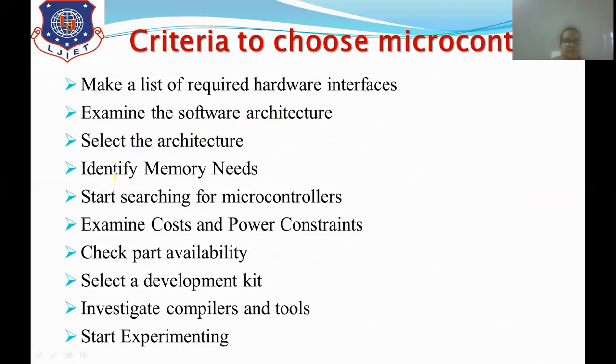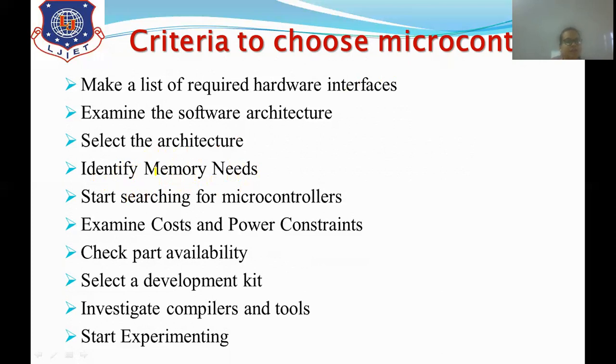Then fourth, identify memory needs. Now this is the most important point from the application point of view. Why? Because whatever application you are going to design for this microcontroller, you have to know what memory is needed for that, and how much data will be stored in that particular memory.